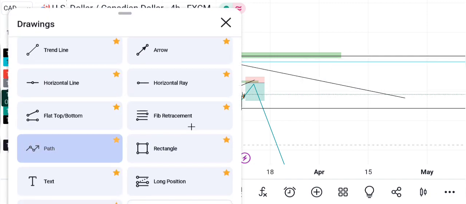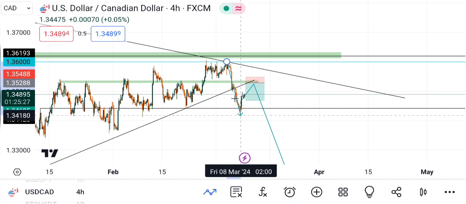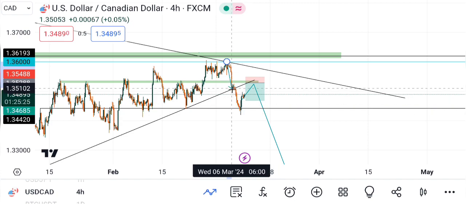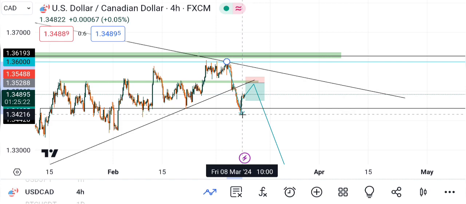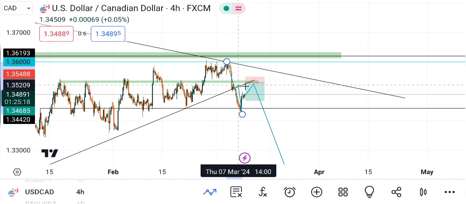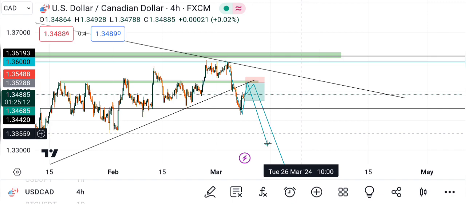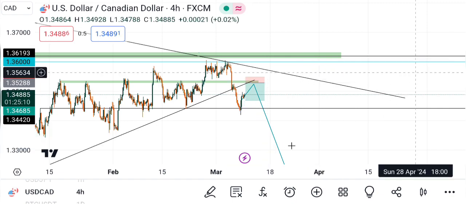Repeat it again. We have a break. Market broke this trend line, and is going back to retest. You can also call it a breakout retest before the market goes down. So this is it, guys. We are expecting overall sells from this market at this area of interest here for dropping, and also